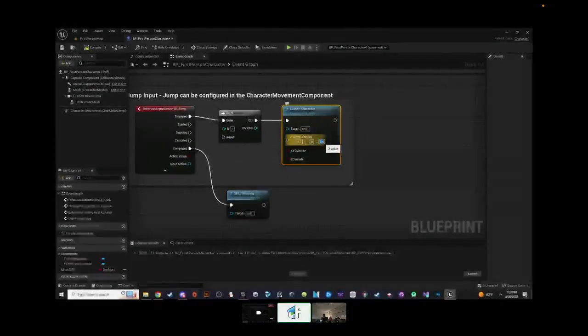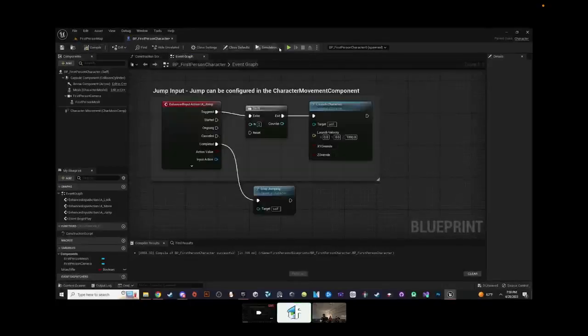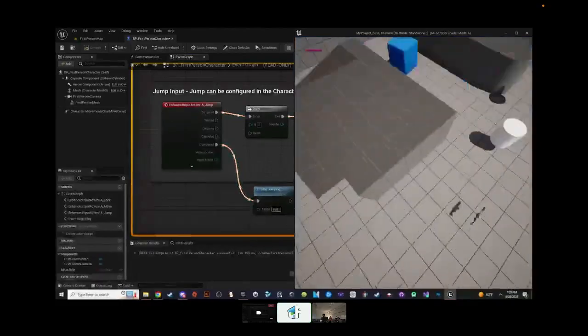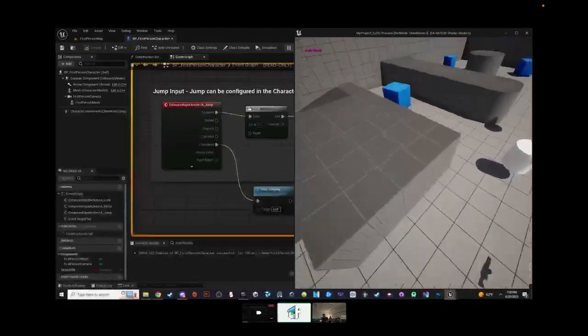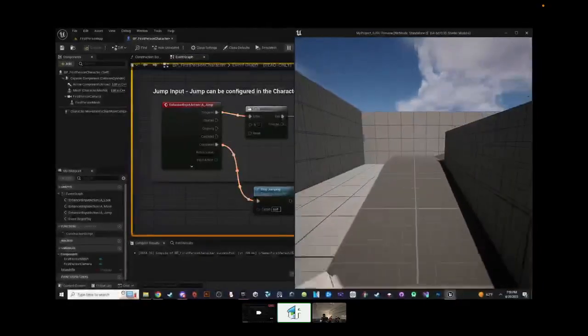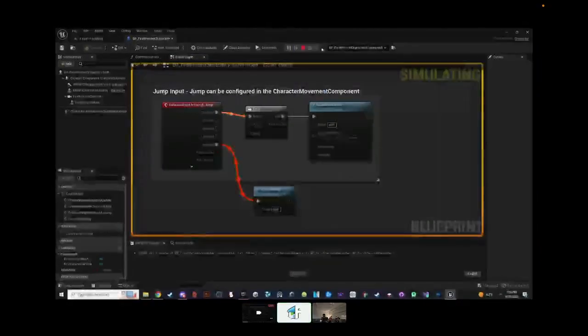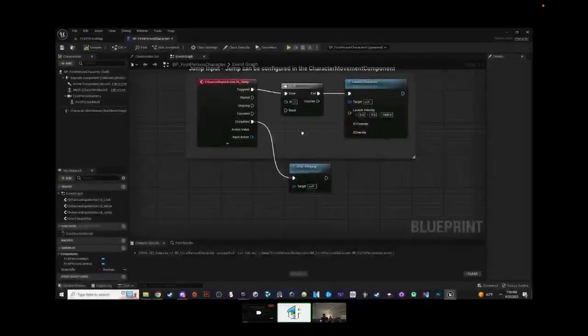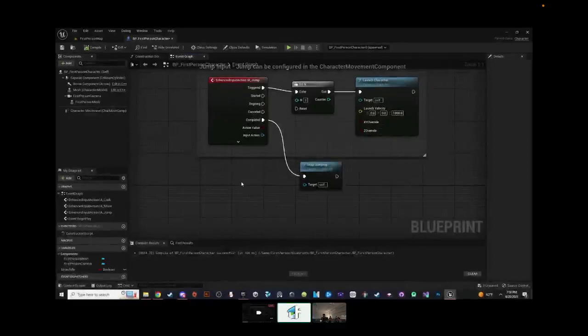So all right, let's try this out. Let's launch our character, let's say a velocity of 1000. Let's compile and try it again, and hopefully we get a better result. So I'm going to press jump. Whoa, jump again. Whoa, and cool. But we're stuck. We can't jump anymore. Why is that? Well, we're going to need something to actually reset it, right? So they actually have an execution pin where you need to reset it. So let's say we can jump twice again once we've landed.